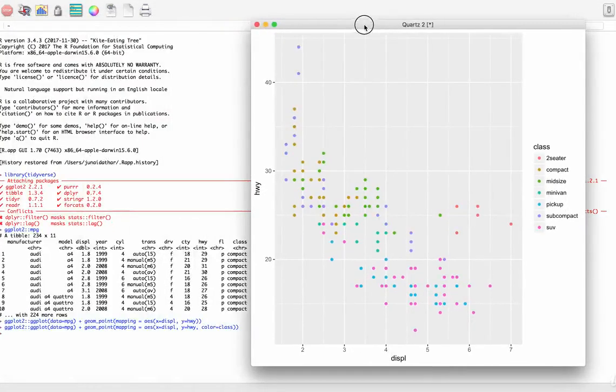Now you can see that the color of each point is based on the class of the car. To map an aesthetic to a variable, associate the name of the aesthetic to the name of the variable. ggplot2 will automatically assign a unique level of the aesthetic, here a unique color, to each unique value of the variable, a process known as scaling. ggplot2 will also add a legend that explains which levels